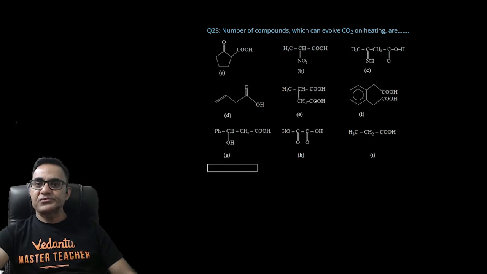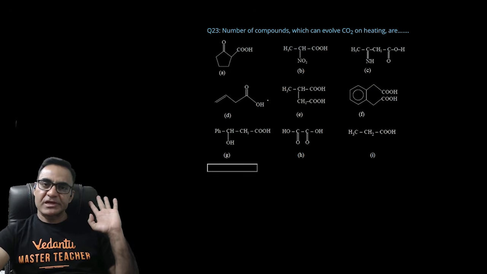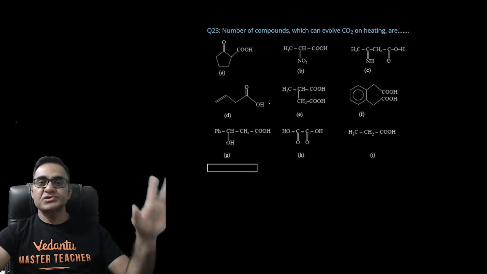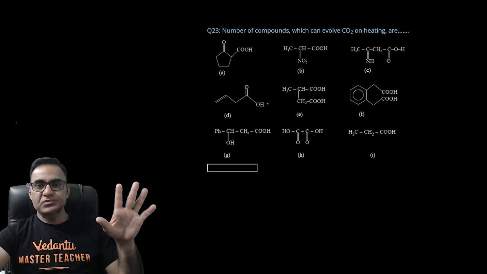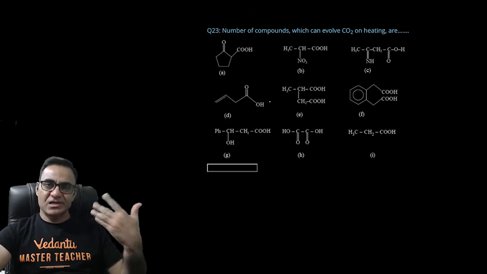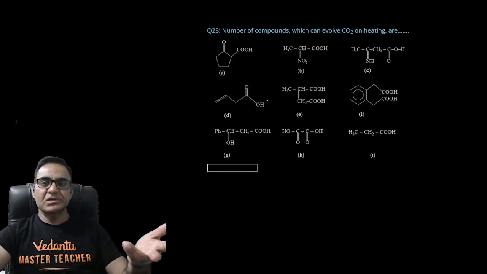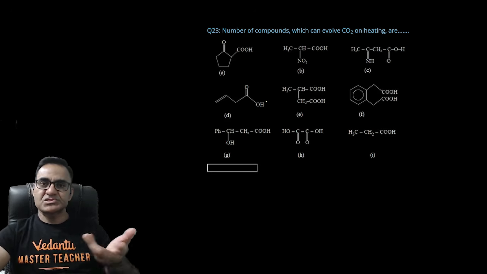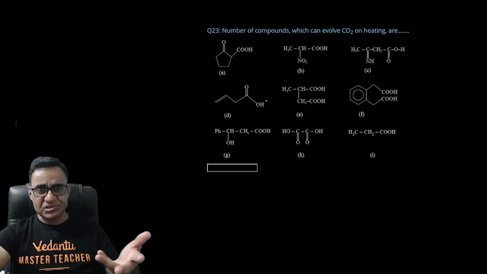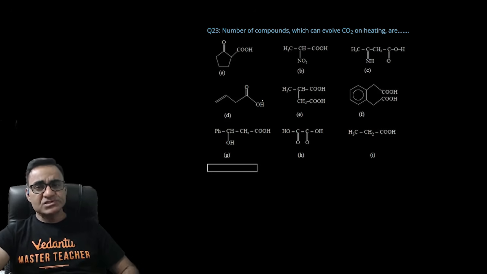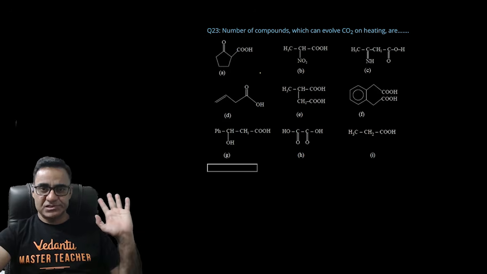नंबर ऑफ कंपाउंड्स विच इवॉल्व CO2 ऑन हीटिंग आर। कौन कौन से कार्बन डाइऑक्साइड निकालेंगे? देखो, बीटा कीटो एसिड को हीट करने पर डायरेक्टली CO2 निकलता है, बीटा गामा अनसैचुरेटेड एसिड को हीट करने पर डायरेक्टली CO2 निकलता है। बीटा पोजीशन पे कोई भी ऐसा अनसैचुरेटेड ग्रुप लगा हो जो कंपाउंड को बनने के बाद स्टेबल कर दे, या जो साइक्लिक ट्रांजिशन स्टेट 6 मेंबर बनती है उसको स्टेबलाइज कर दे, तो वो सारे कंपाउंड एक्चुअली आसानी से डीकार्बोक्सिलेट हो जाते हैं विदाउट यूजिंग NaOH।